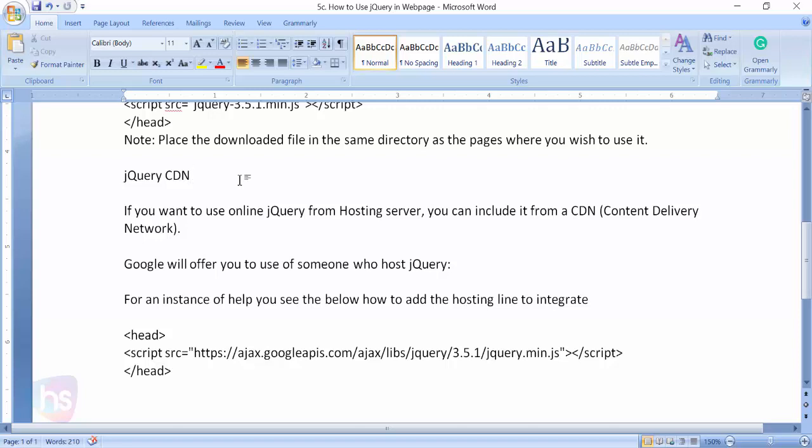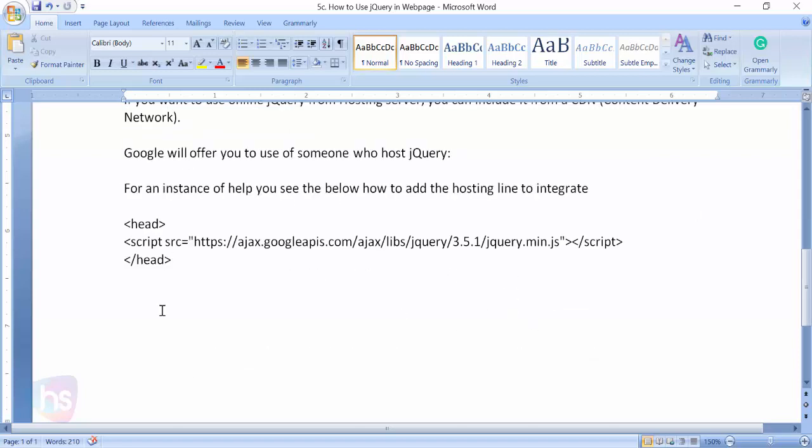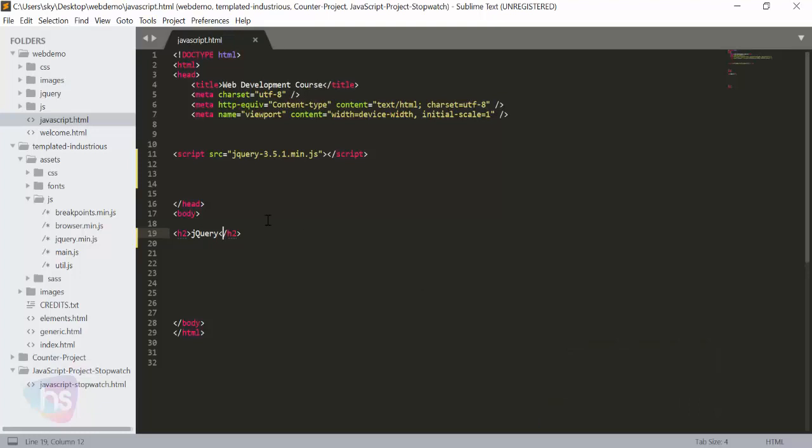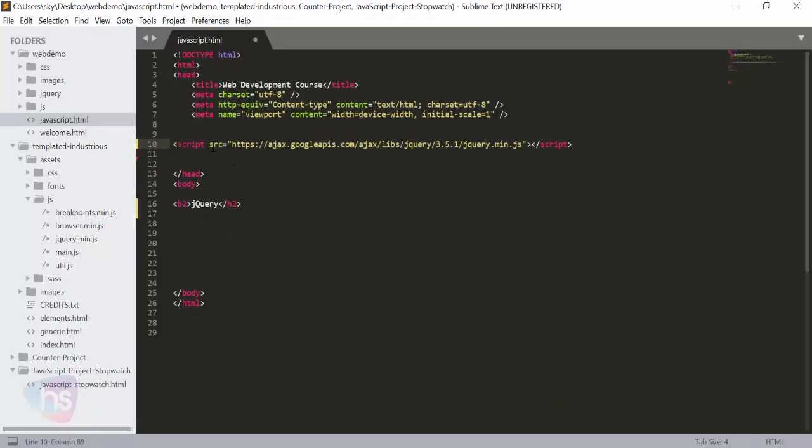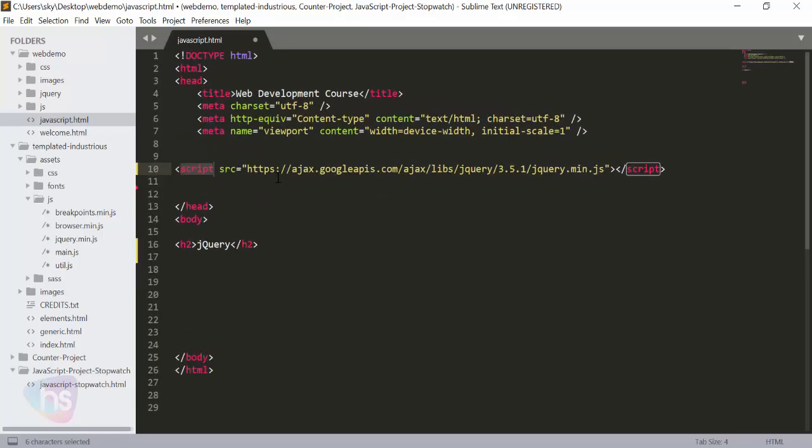Google offers hosted jQuery. For instance, see the link below on how to integrate Google's jQuery library. Just take this line and add it in your head part. Here you can add this. The URL is